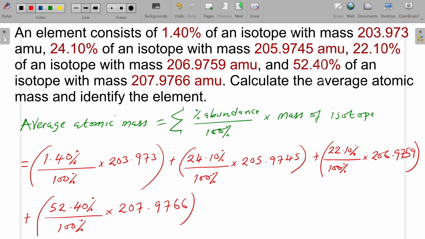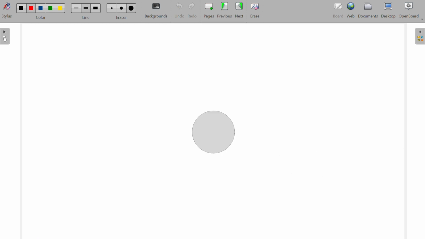Let's do our mathematics there. Now, when we do our mathematics, what I'm finding here is for the first isotope, I'm finding a value rounded to 2 decimal places to be 2.86. So I have 2.86, and this will be added to